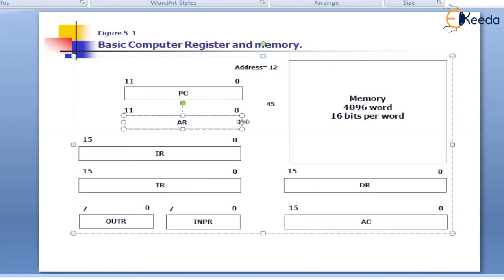So I hope you understand the purpose of the address register. The address register is mainly to locate the addresses in the main memory. Every time the CPU references an address, to read the corresponding word under the address, that address will be transferred to the address register. Okay, that is it. In the next video, we're going to discuss the remaining registers and their purposes.